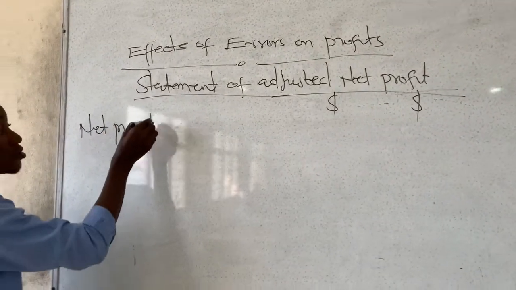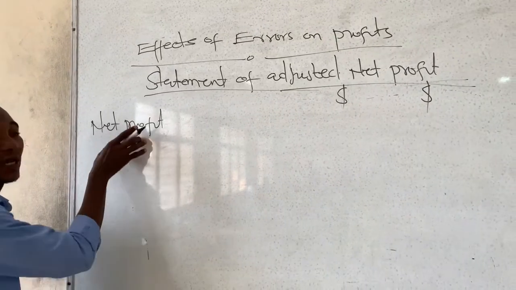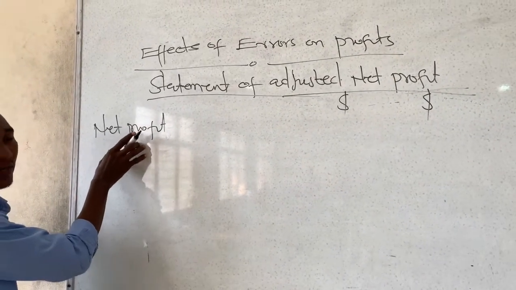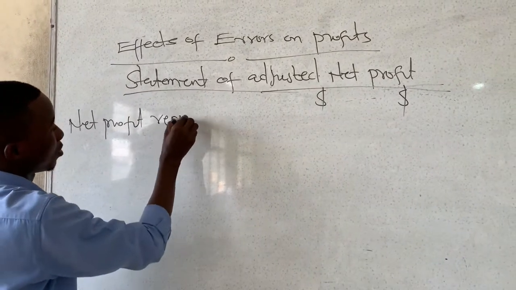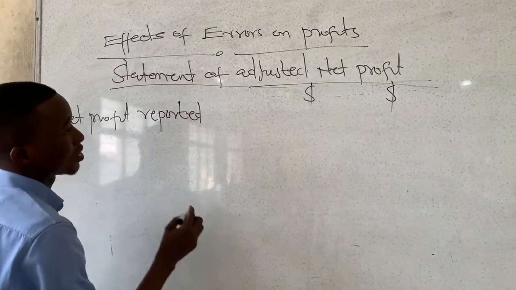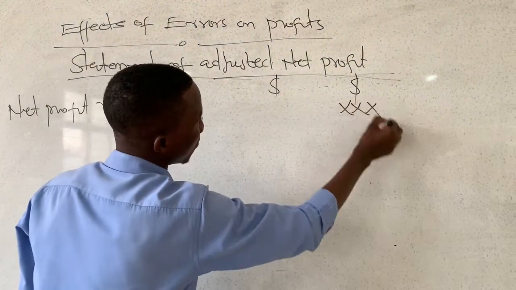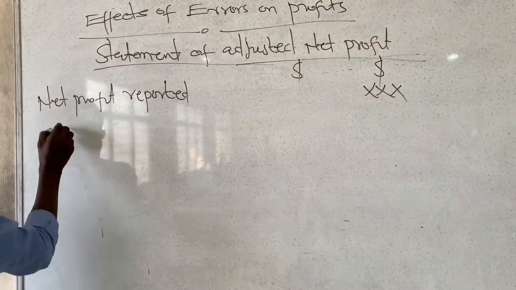Now sometimes you may arrive at a net loss. With this net loss we bring it. With this net profit we bring it. So net profit reported. That is reported from the income statement. Then I'll bring it here. Okay, so now we add